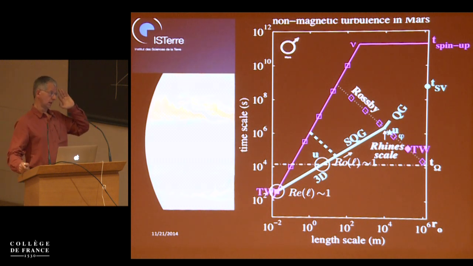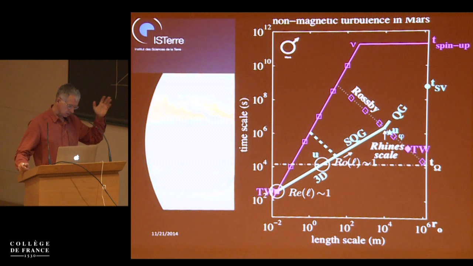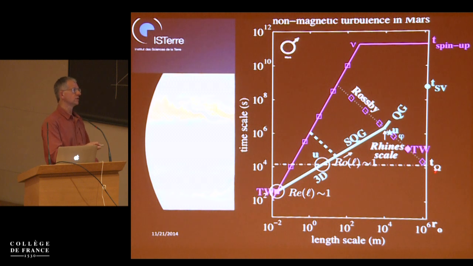Basically, the argument is that the inverse cascade is stopped when the velocity in the jets is equal to the velocity of Rossby waves. And it happens that in a full sphere, this Rossby wave propagation line is the same as the one I've shown before. So to summarize for Mars, what I'm suggesting is that you might expect zonal jets inside the core of Mars, with a cascade for the eddies from rather small size to very small scales where dissipation will occur.